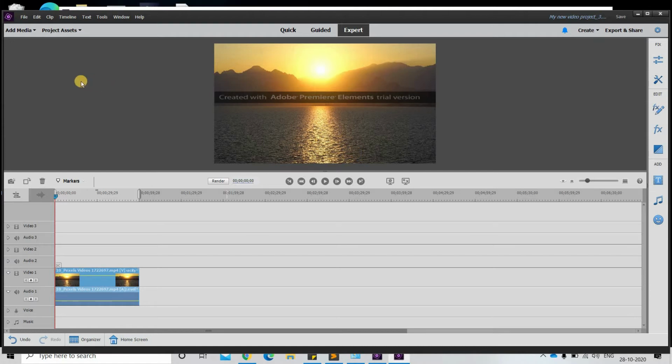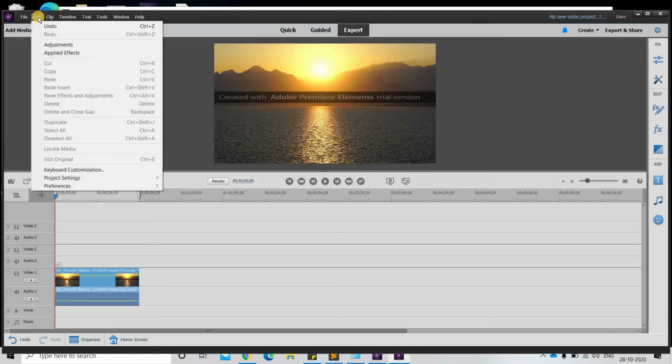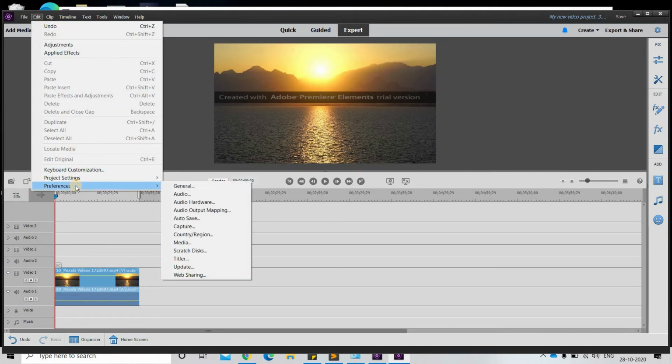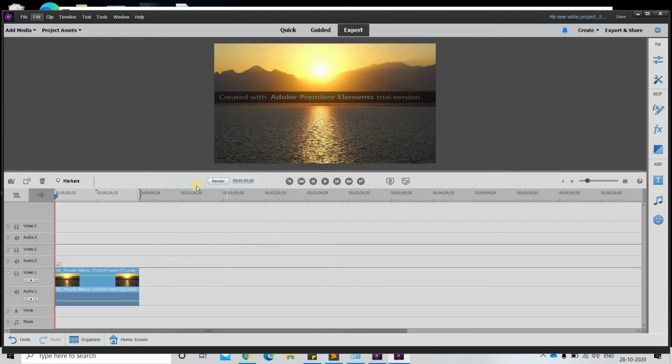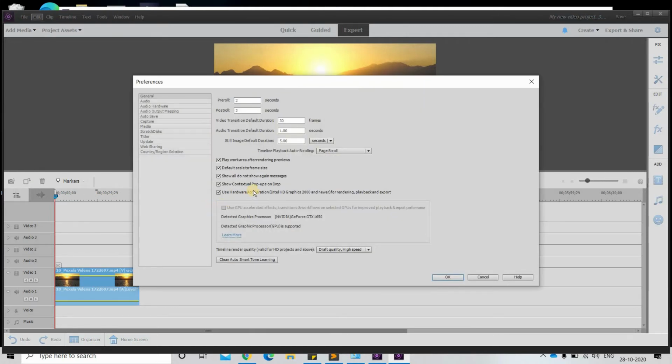And the second difference is in Premier Elements 2021 onwards only. Before that this difference was not there. In this cycle, the Adobe Premier Elements team has added a new feature, which is the GPU acceleration feature. If you go into the preferences, you will see this checkbox is grayed out, disabled basically.